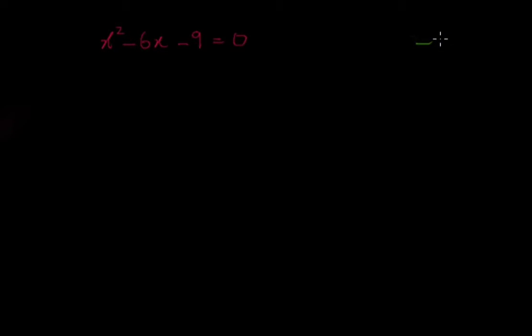So can we factor this number? We have 1 times -9 and 3 times -3. If we multiply these two pairs of numbers, we get -9, but neither adds up to 6, because if we add these two numbers, we get 0. So here we solve by completing the square. So let's add 9 to both sides. So we get